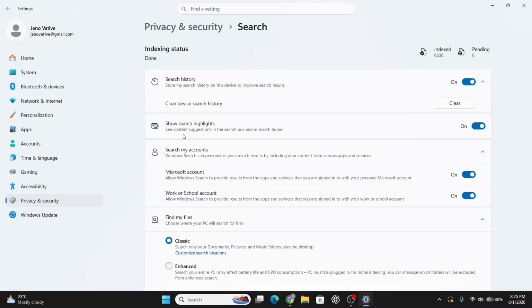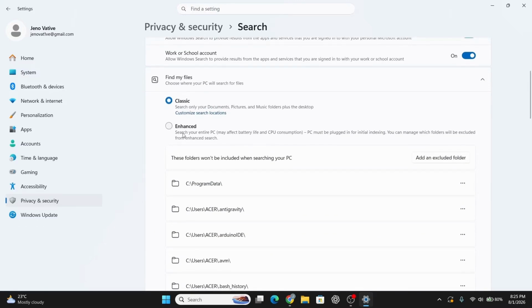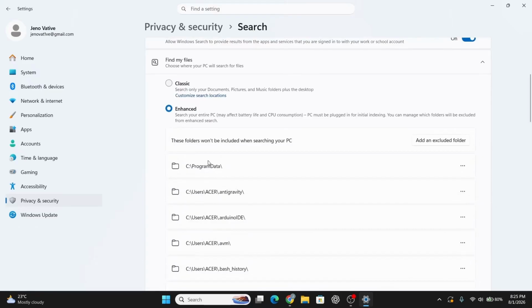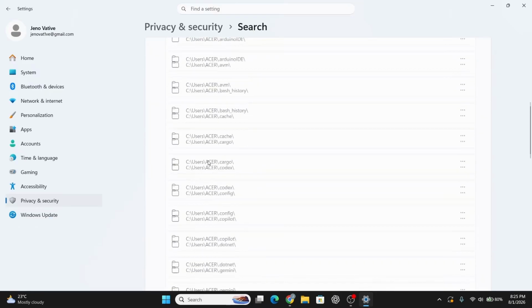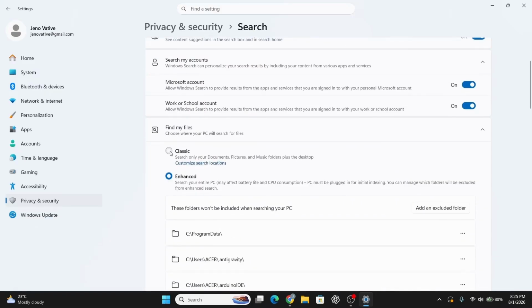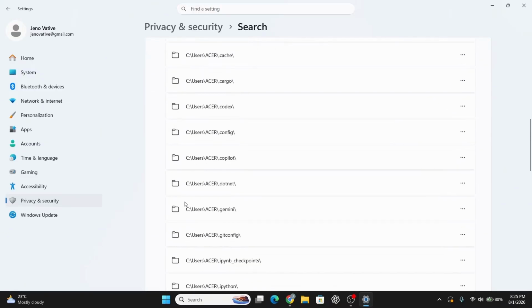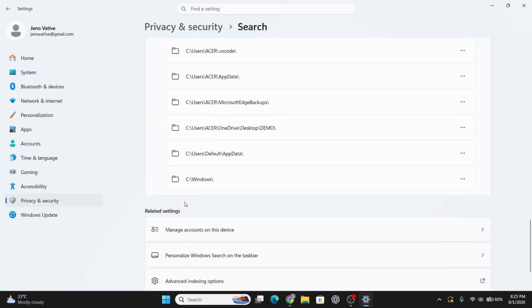In the next step, look for the toggle between Classic and Enhanced search modes. Following this, select Enhanced to enable semantic AI indexing across your entire computer. Once done, keep in mind Enhanced mode searches your whole PC, which can slightly increase battery and CPU usage compared